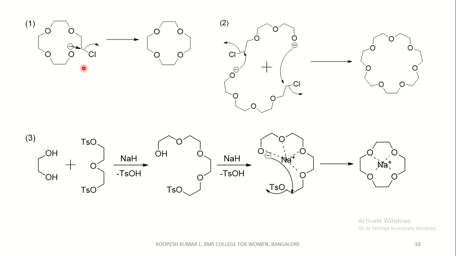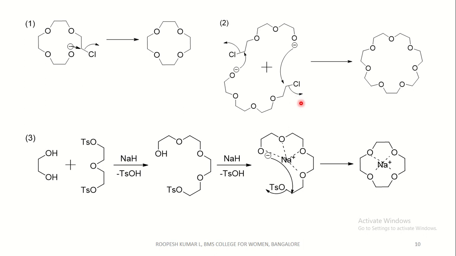You can see this is a negative, that is nucleophilic, end of a molecule which has an electrophilic end also, hence it is an intramolecular pathway. You can see this is a nucleophilic end and there is an electrophilic end of the same molecule, and this attacks this carbon with the elimination of chloride to form 12-crown-4. This is an example for 12-crown-4.